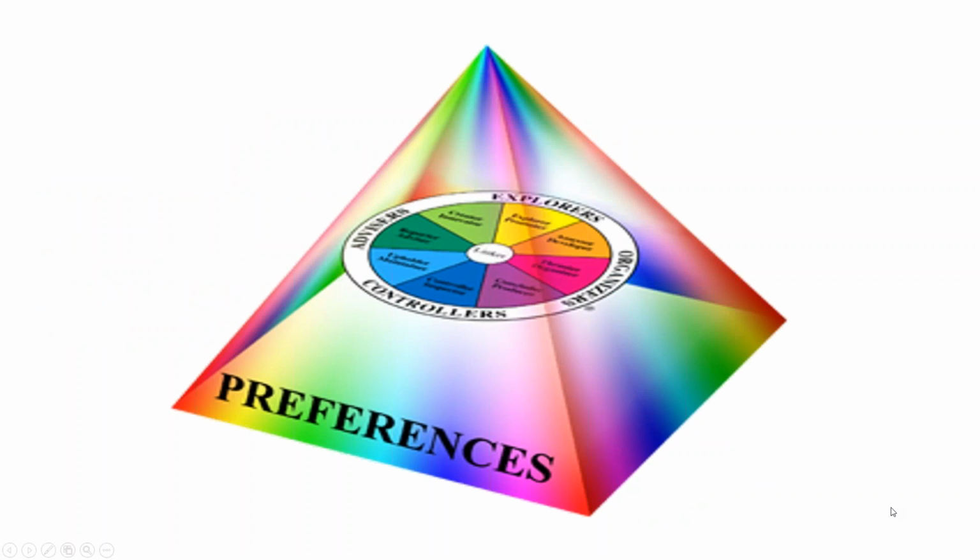When Meredith Belbin put together his model around team preferences, his argument was that they are preferences. In other words, this is a preferred way of thinking. So people come to the team with a preferred way of wanting to contribute and to think. And it's important that I mention that because it's not a skill-based type of proposition. So we're not talking about people's skills here. We're talking about the way people like to think.